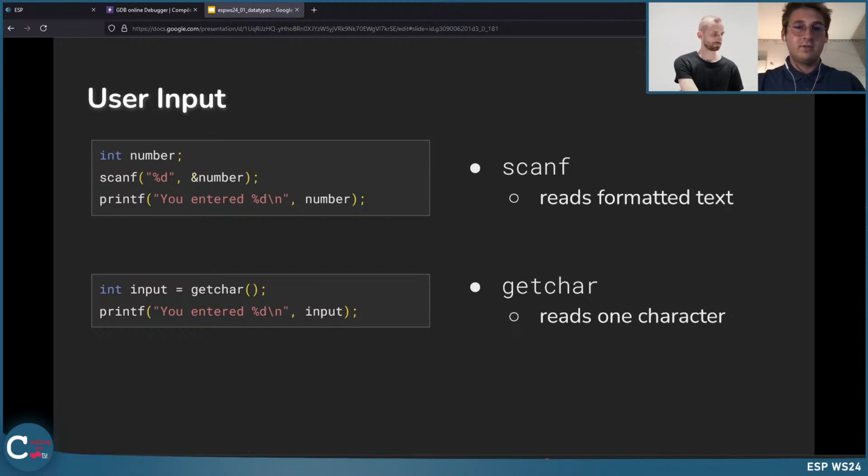So if you have a number, let's say 45, getchar will only read 4. This is basically the difference between scanf and the function to get one character. And that's all about the output and input for now. It's just really trying out stuff and also reading error messages and trying to fix these errors.